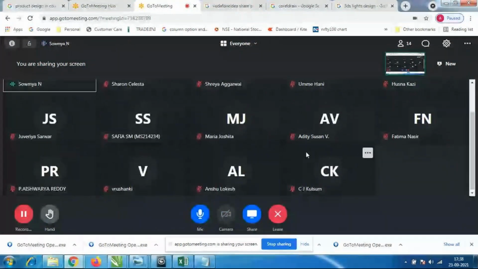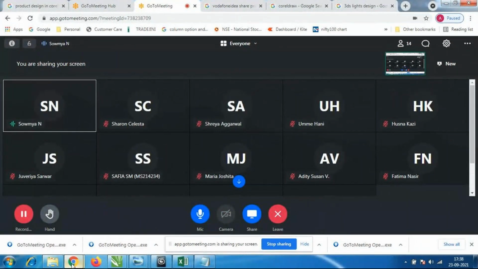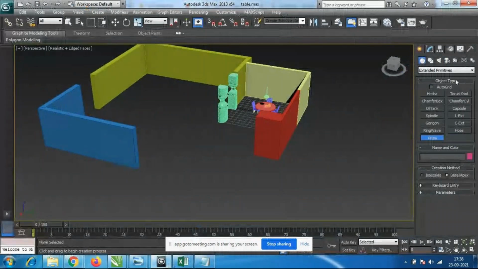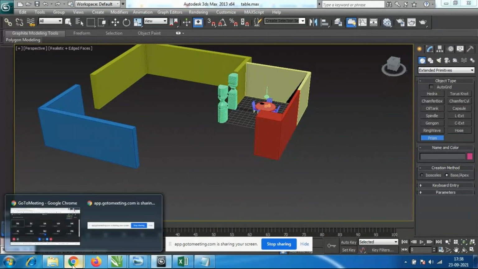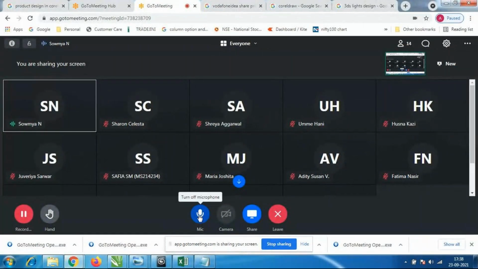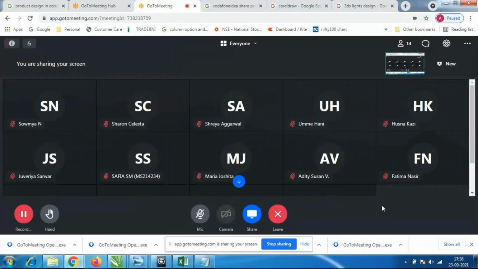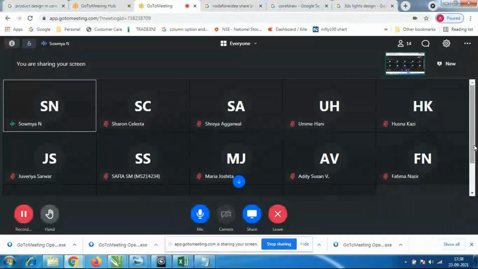Anybody having any doubt? This complete extended primitives, full tools. Anybody having any doubt, please let me know, who are not able to hear my voice. Anybody having any doubt?